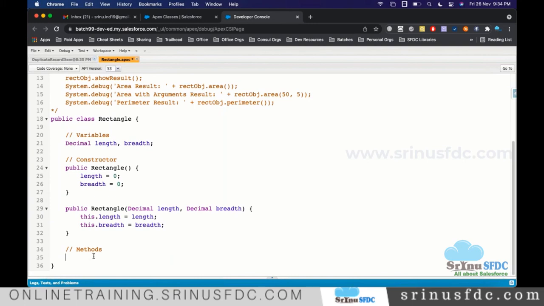Now, when they supply length and breadth, two values, with that we need to calculate the area and return it. So for that, we say public. Let's say the visibility we are giving is public. And after doing the action, what will it return? Do you want to return anything, or do you not want to do anything? If you need a result, you say return.